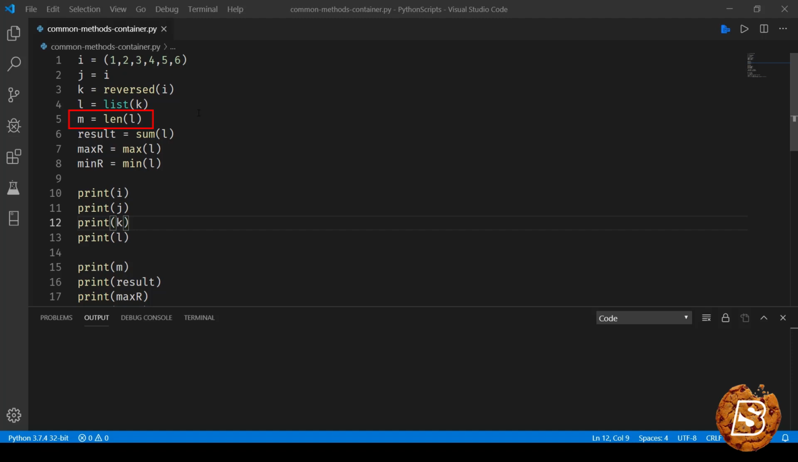Then we have some of the methods which work on containers, like len, which will give you the length, that is the number of items in a given list or set or tuple. And then we have the sum method, which when applied basically returns the sum of all the integers that are available in the set. And if you want to find out the maximum or minimum, then you can make use of